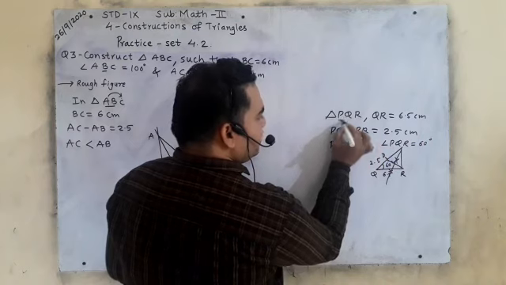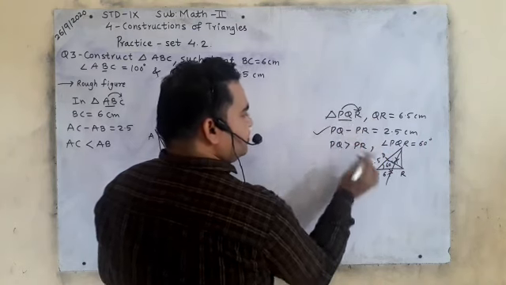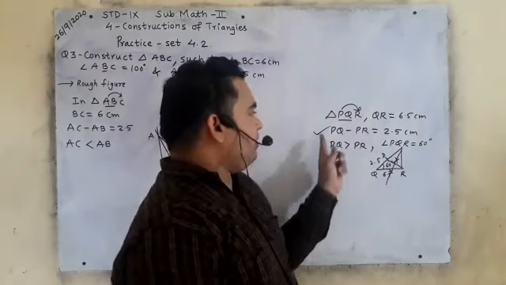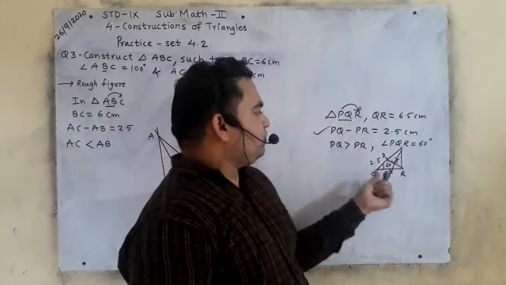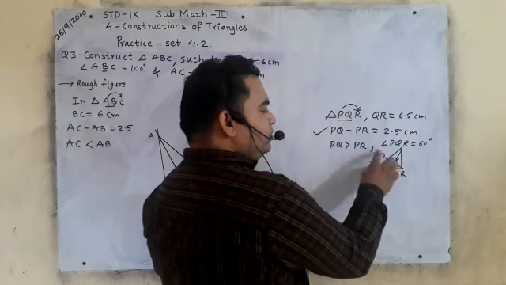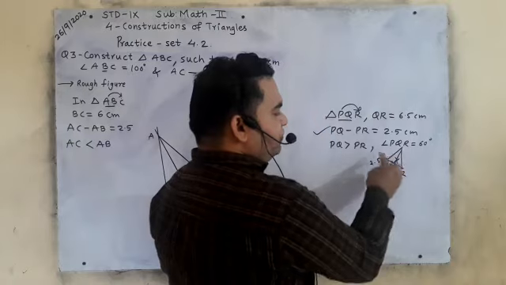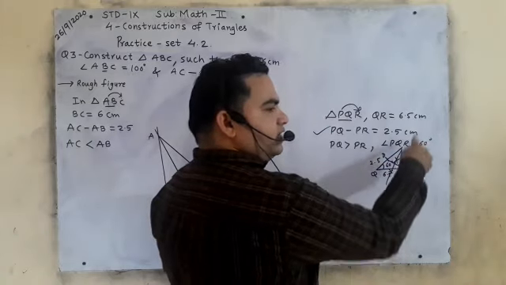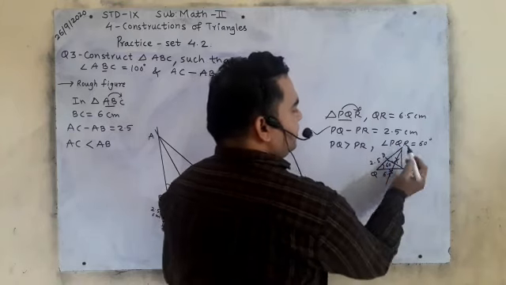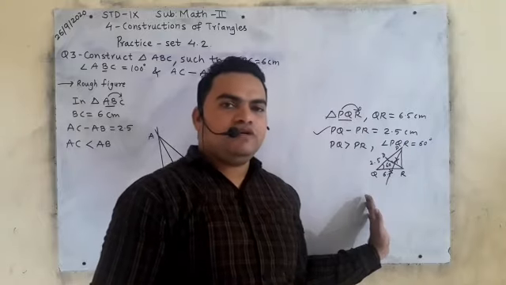Then see PQ minus PR, it is proper or not? PQ comes first and PR comes later, so it is right. It means you will construct the arc above the ray, not below. PQ is bigger than PR, so you will construct this difference between the lengths of the two remaining sides above the ray. You will join DR, then draw perpendicular bisector of DR. Wherever this perpendicular bisector and angle Q ray will intersect, that is your P, that is your PQR. So this is how we have to draw question number 2 as homework.